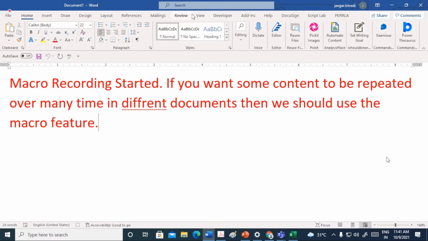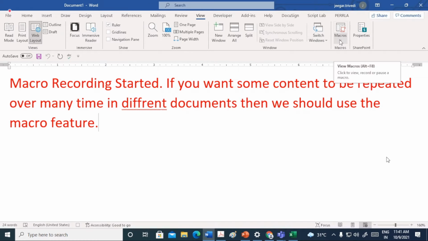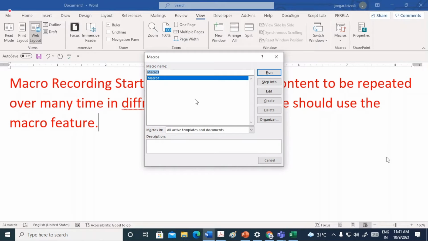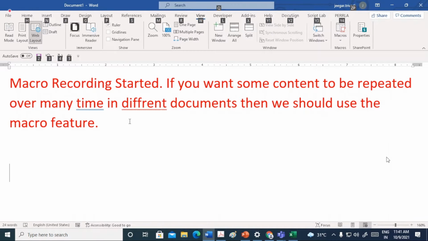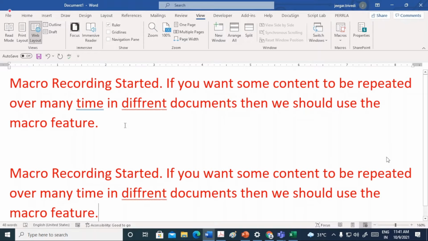Okay, so let us go to the View, Macros, and here it is: stop recording and pause recording. Well, let us say we stop the recording. Okay, so now the macro is recorded, and if I see this, what is the name? Macro 1. Okay, so if you want to run this macro, you can just press the shortcut key. What was the shortcut key I have given? Alt 7. Okay, automatically it is coming.